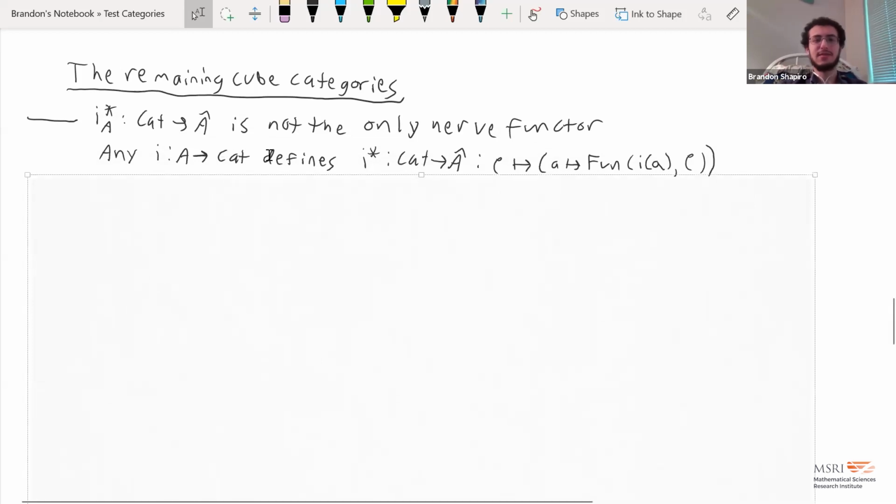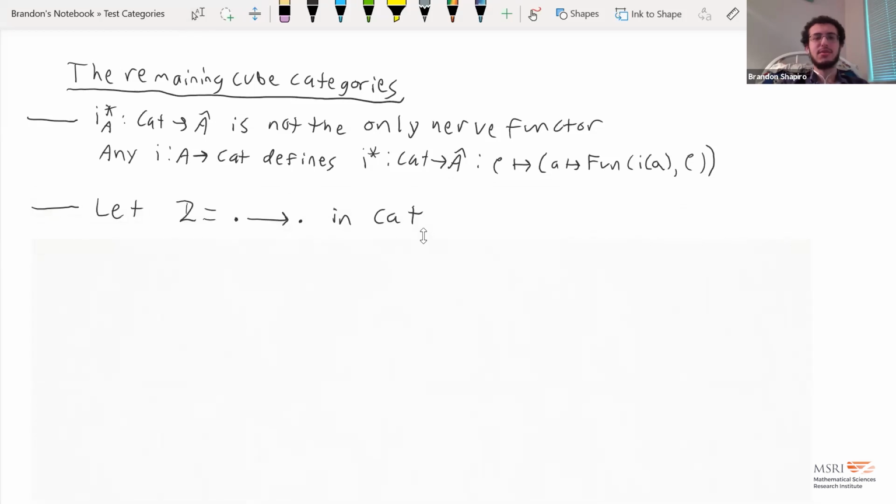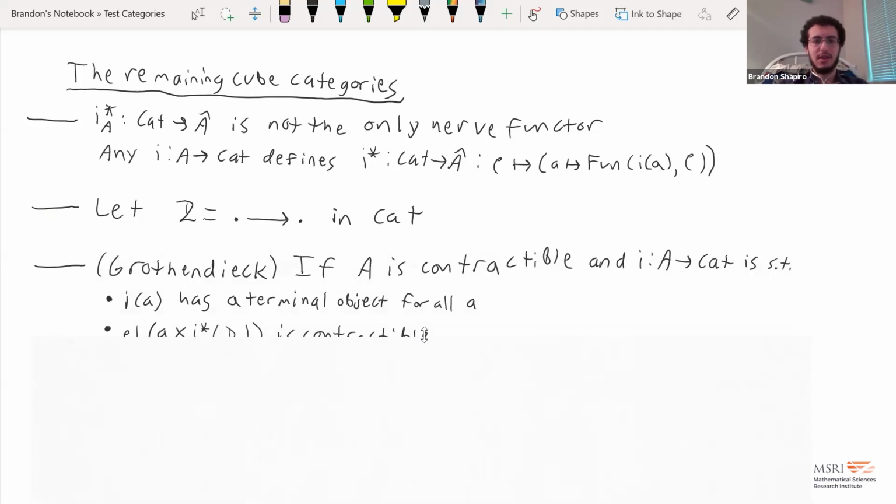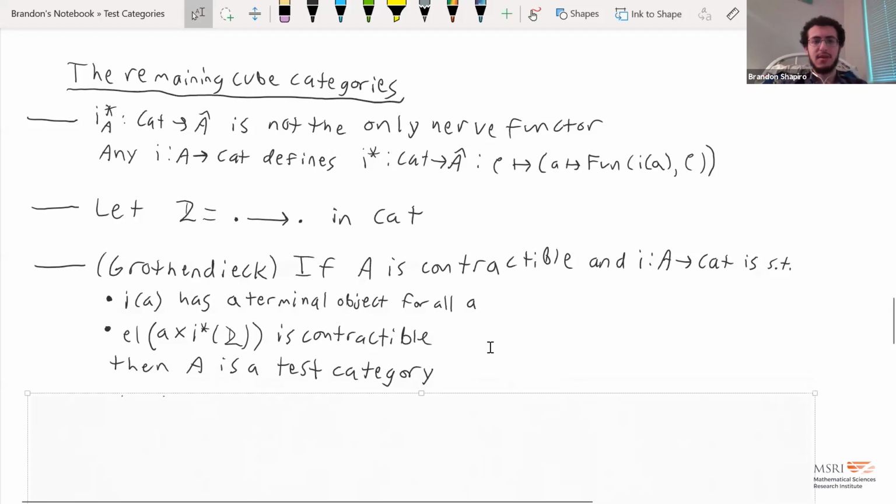So you can use any functor for this. And Grothendieck determined some properties on such a functor that let it suffice to describe being a test category. So I'm going to write 2 for the walking morphism category, and we're going to use this theorem that if we have a contractible category A and a functor I from A to Cat, then if I of A has a terminal object for all A, which was true for I sub A, which picked out the over categories, and if